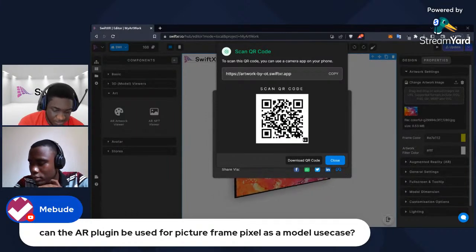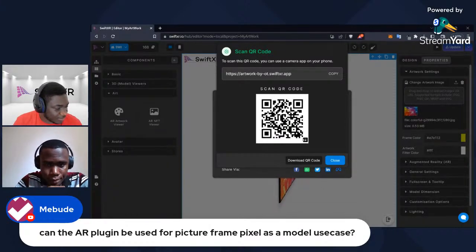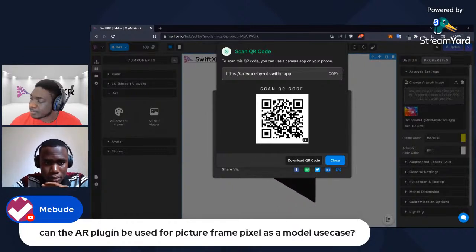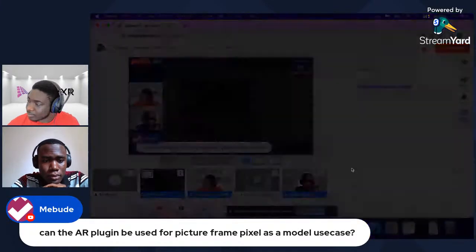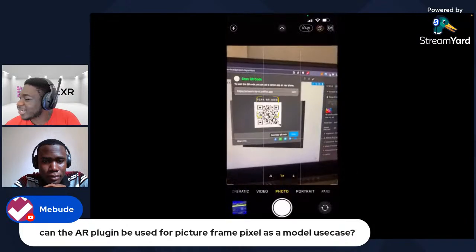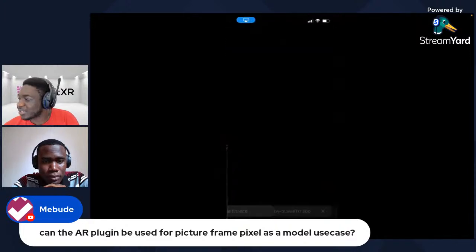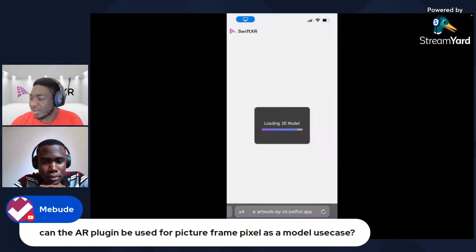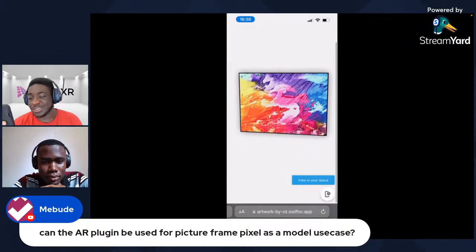Okay. So what we're going to do here is share screen. Okay, so there goes our screen. And what we can do here is just scan that QR code. And when we select it, we're then able to see the 3D model here, and we have the option to view in space as well,